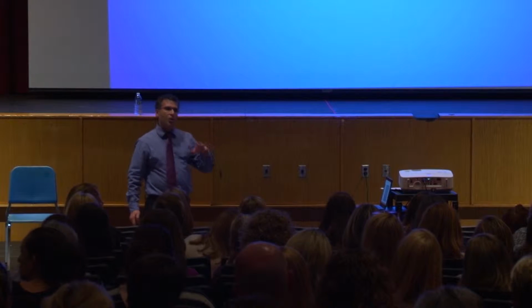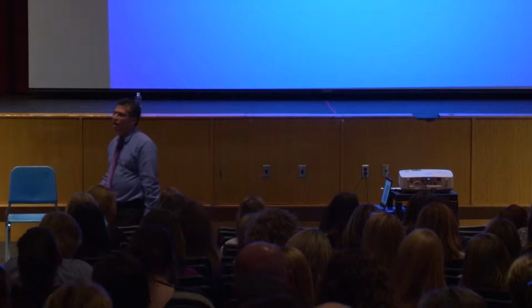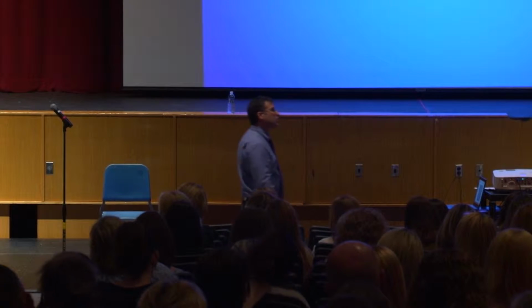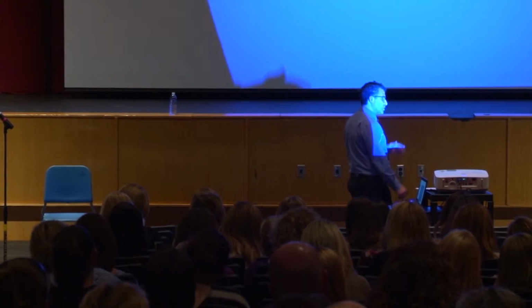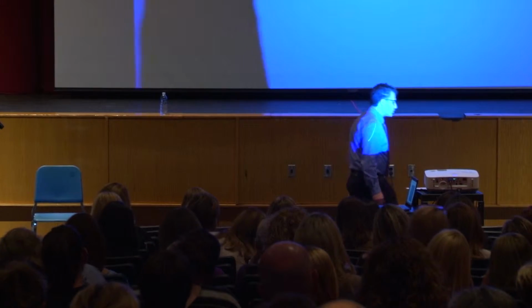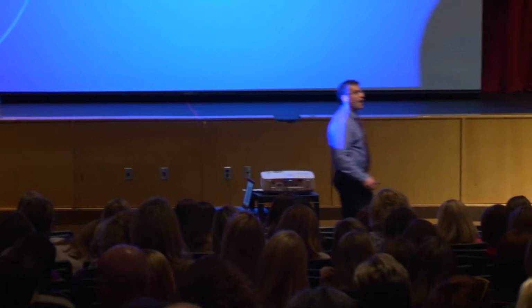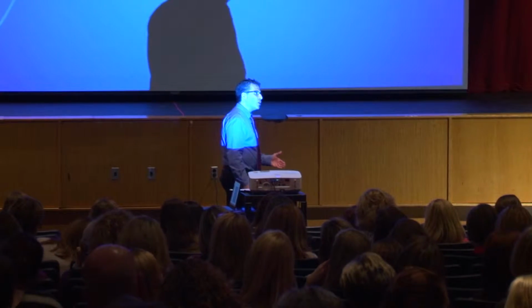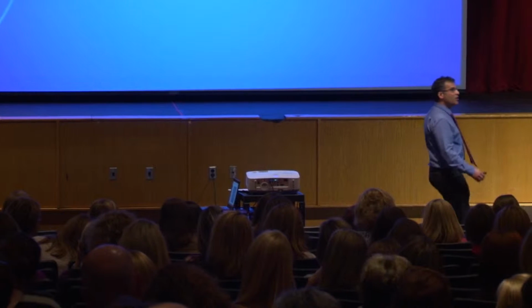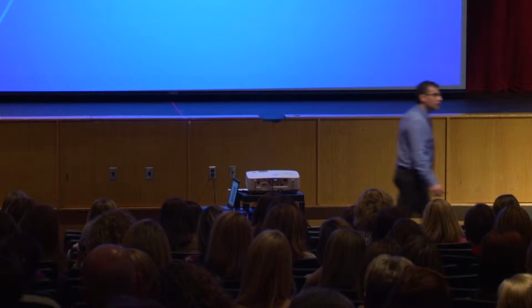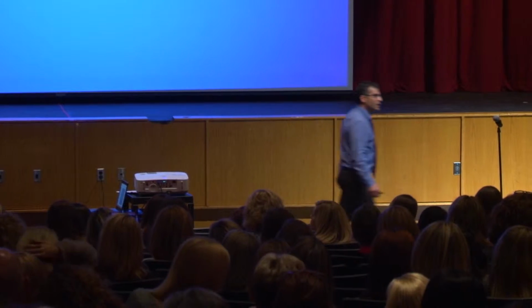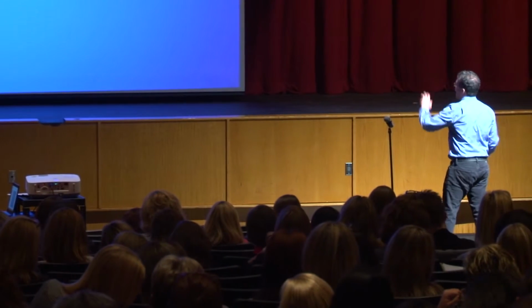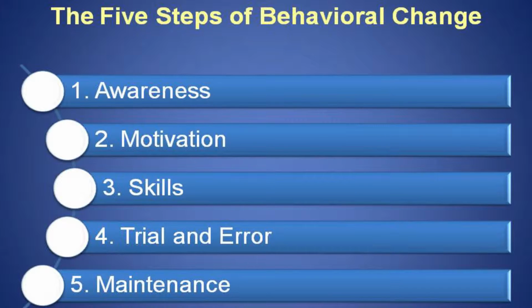So if you take all the behavioral change theories, put them in a blender, and put them all together, they all say pretty much the same thing. What they say is that behavioral change is a process, not an event. There's forward movement and backward movement, and your goal is to have more forward movement than backward movement. And as long as there continues to be more forward than backward, you'll end up making progress. All right? And there are 5 steps to behavioral change.